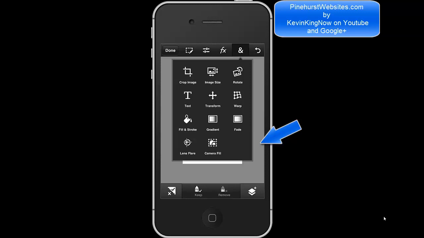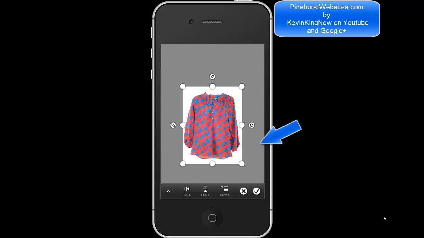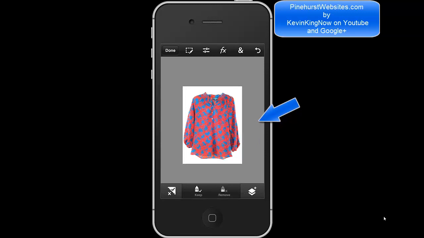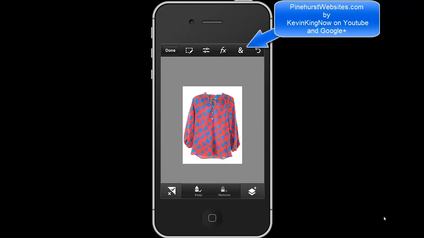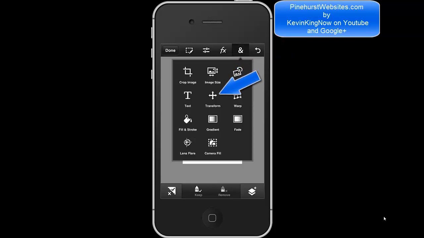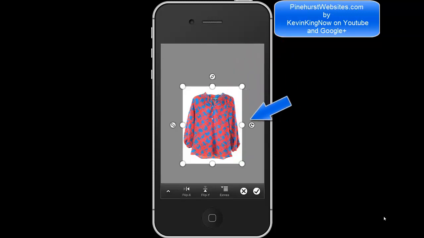Now this allows us to move the layers. Actually, I want the other layer selected, not the back layer. I want the top layer selected. So I'm going to go back and select that, go back down to layers, and let's go to the transform tool again. And now if I had an image that was a little crooked, and I wasn't trying to make a frame here, I could also tilt it using this bar on